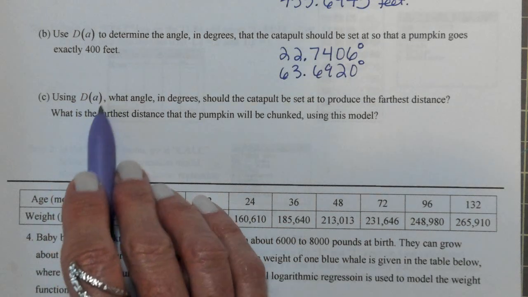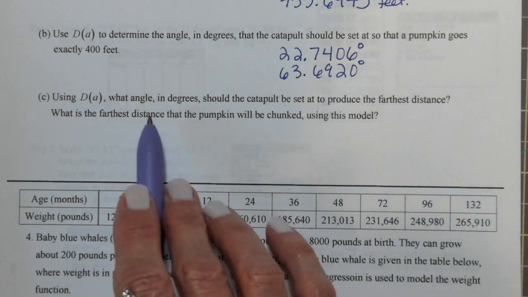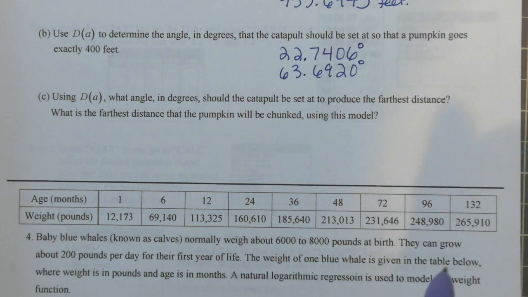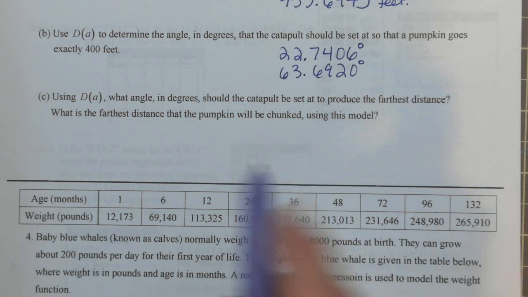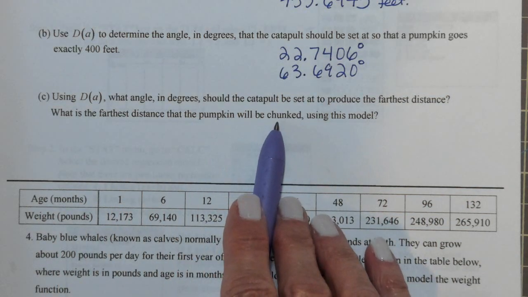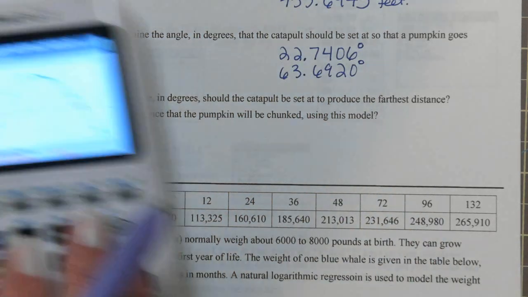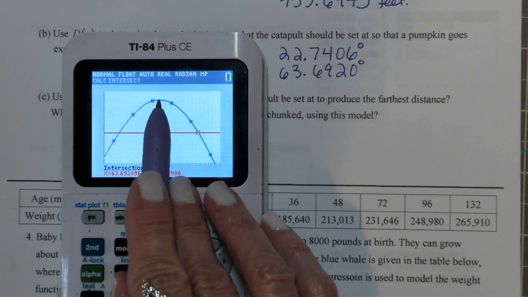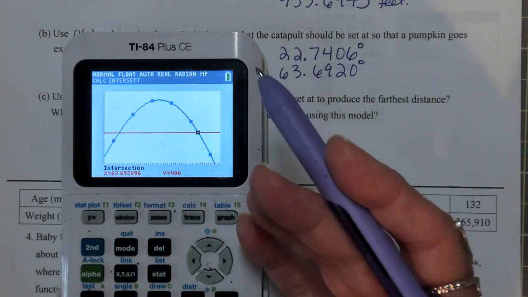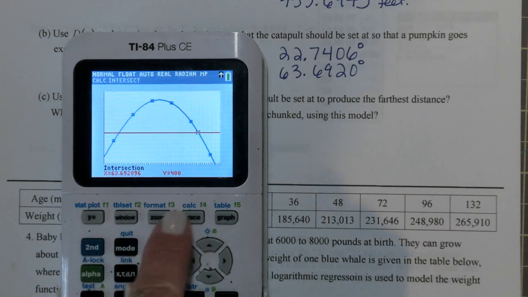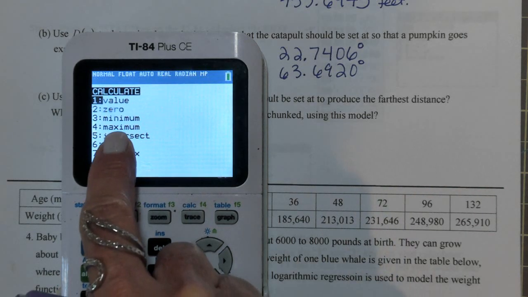Using the approximation model, using your model, what angles should the catapult be set at to produce the farthest distance? What is the farthest distance that the pumpkin will be chunked using this model? Well, whatever height that is way up there, that is the maximum distance according to this model. Let's go find it. Second calc maximum